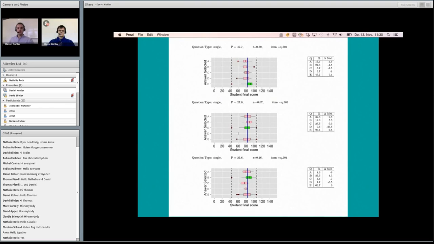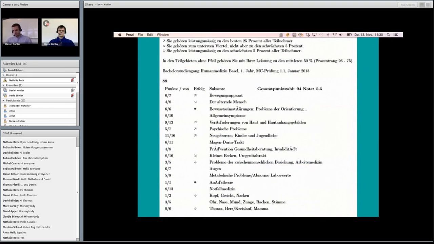So the next thing that you can do is send feedback letters to the students right away, and you can tell them about their absolute performance and their performance compared to other students. For example, the first line here tells the student that in the subject Bildungsapparat, which is in German now but it doesn't really matter, their success was quite good, so they were in the best 25% of all participants.